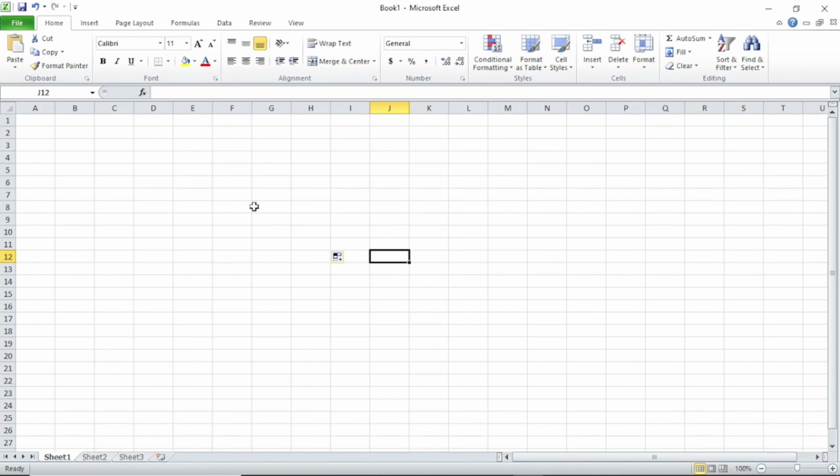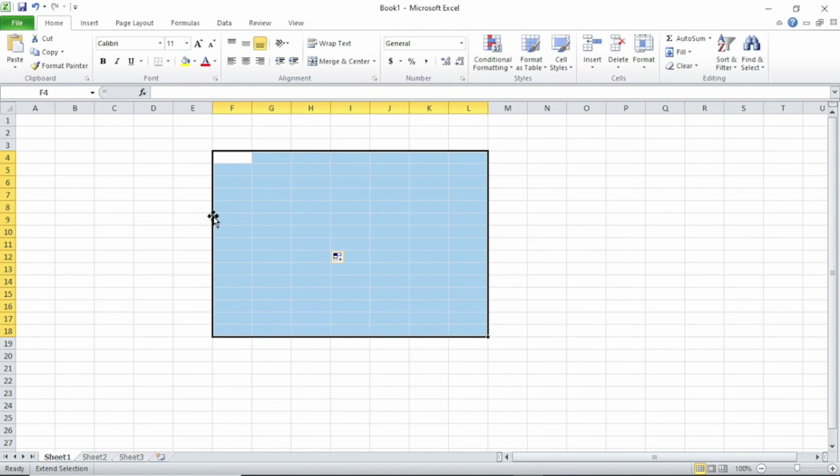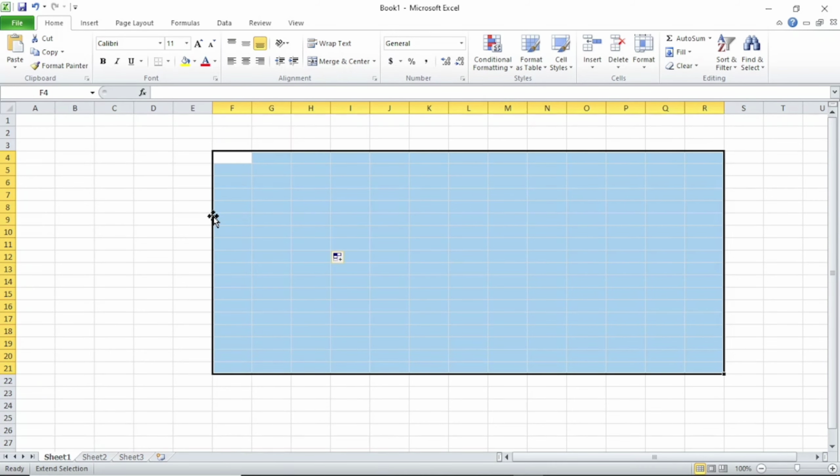So I have opened Excel. I will use navigation keys like right, left, down or up. So you can see only one cell is covered. If I press F8 here and then use the navigation key for the right side, then you can see one cell is locked and the others are being covered. Like this we can do multiple selections in Excel by pressing F8.